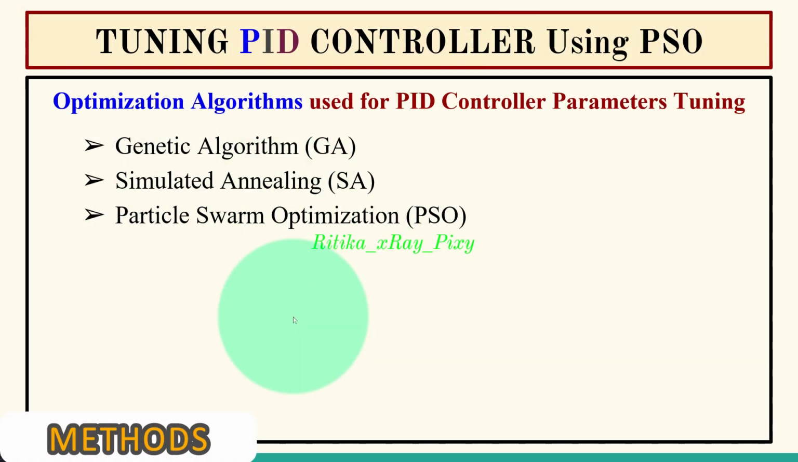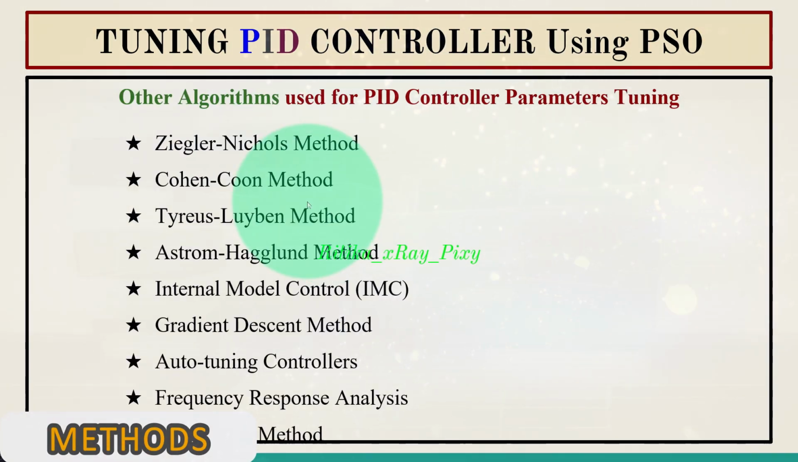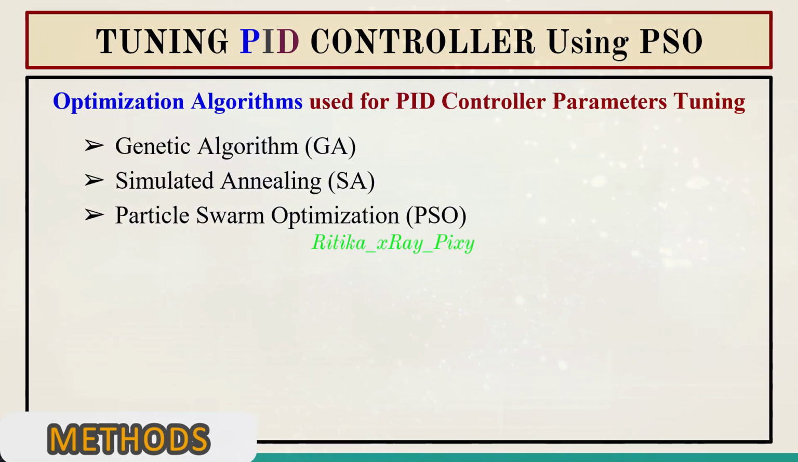Now next you can see different optimization algorithms and other methods we can use for PID controller parameter tuning. Now the next question is how we will decide which algorithm or method to choose for the parameter tuning. Here the choice of tuning method or algorithm depends on the specific characteristics of the system, the available information about the process, and the desired performance criteria. We can either combine multiple methods or use iterative approaches to fine-tune the PID controller parameters for